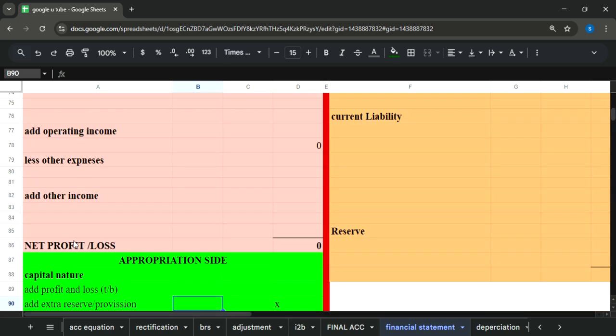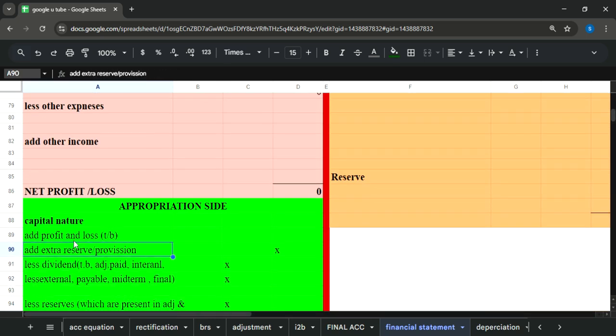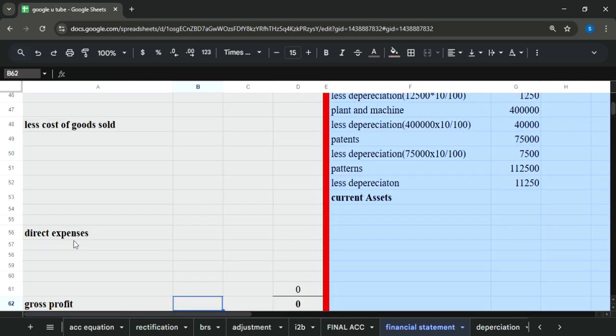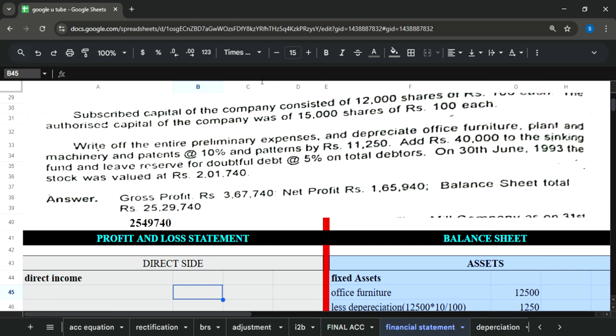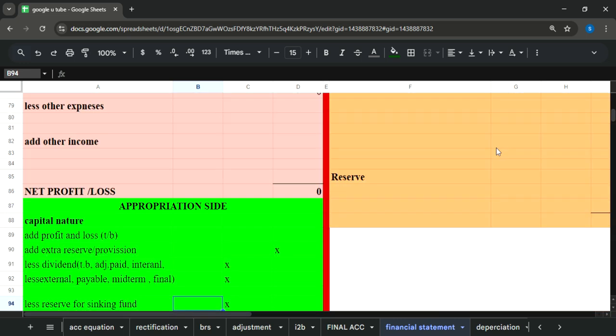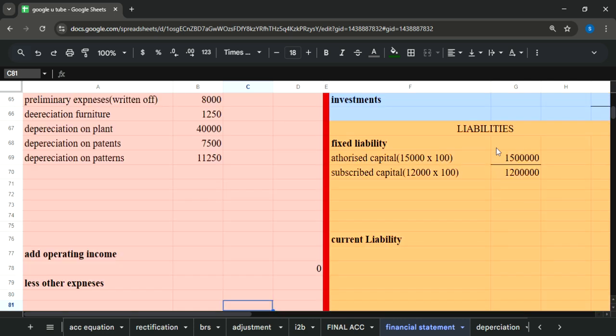We will go to the third part, and here you can see dividends and reserves. So here we will mention reserve for sinking fund. Over here we will mention its amount, 40,000, I think. Yes, add 40,000 to sinking fund. Here we will be writing 40,000. Alright guys, and its second effect would be in your current liability,